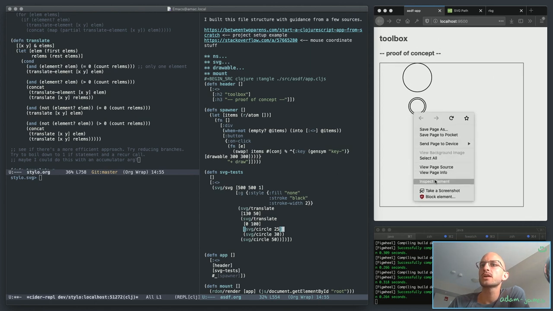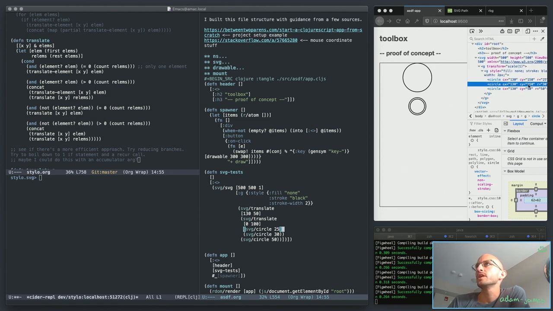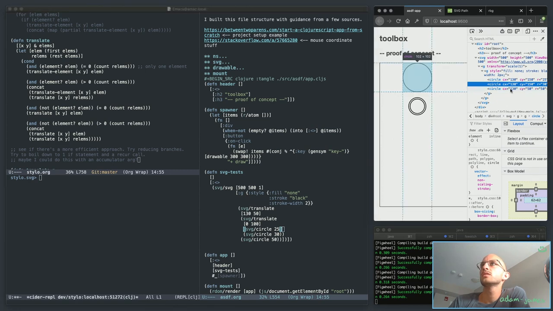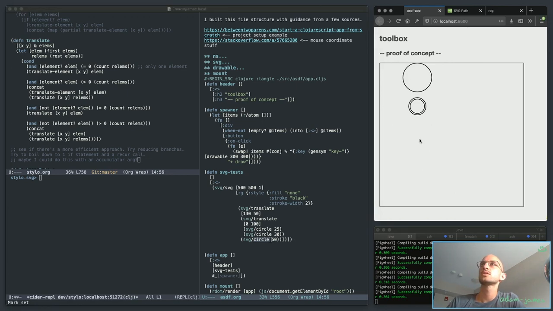Right, so I was going to check this element here. Like I said, it should have 130, 150. That's exactly what we see. And then this circle here, we see 130, 50, which is exactly correct. There's no other translate applied to it, which is perfect. So now what I would like to do is just